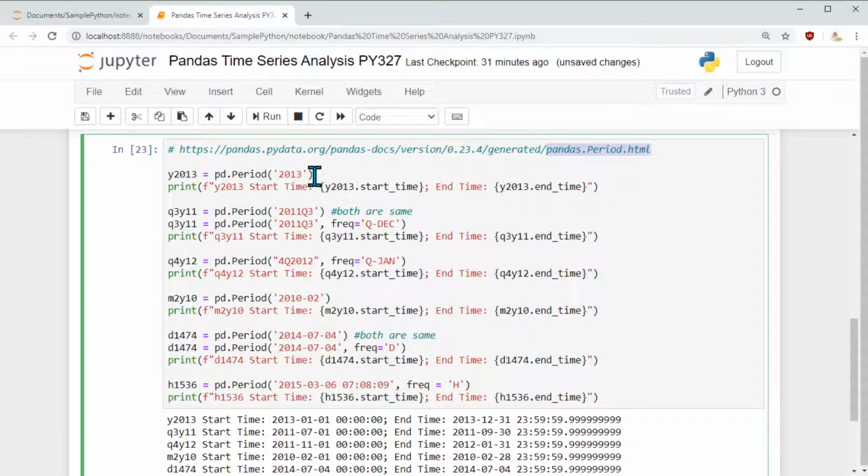Now I can specify my time period as 2013, and pandas has a method called Period, and I can pass 2013 as a parameter. It produces an output which I am storing in y2013, and when I display that, it says this one starts on January 1st and ends on December 31st.